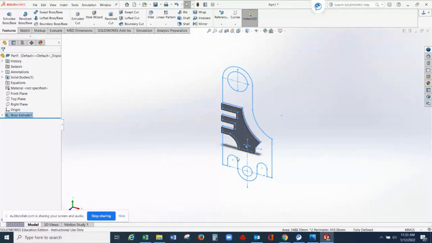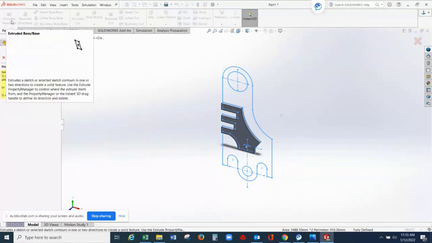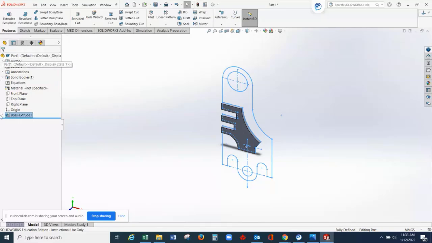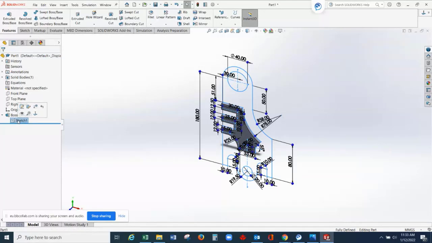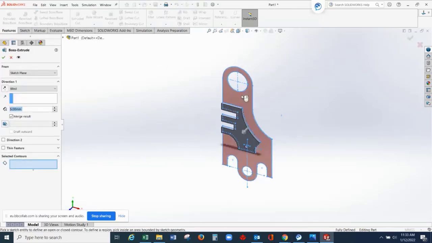Again, this outside region, I need to extrude at a different extrusion height from this one. You can open these properties. Go to sketch again. I'm selecting the original sketch, and then extrude boss or base. I'm selecting this region now. It is highlighted by this color, like brown. Select the region. Again, it will turn into region 1.